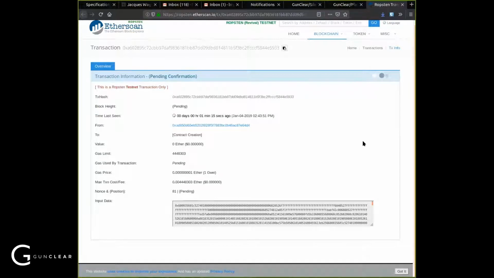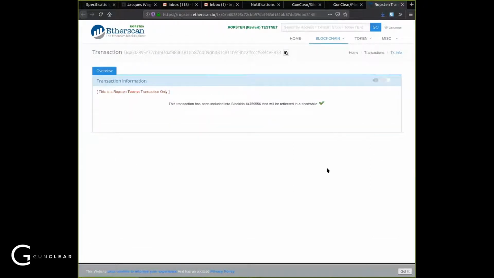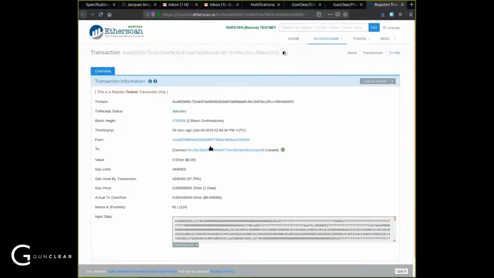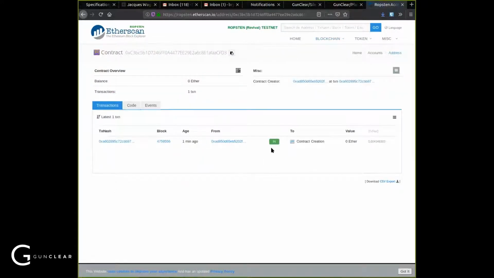So I guess while we're waiting here, do you want to kind of go into what exactly is? Oh, and there it goes. Yeah. So behind the scenes, we have our compiled contract, and it's getting deployed to a new address on the Ethereum network, this specific test network. Okay, and what does that allow us to do? That allows us to execute the contract. So created this new contract here. It's from my account. And we need that for later,